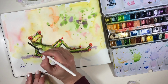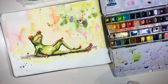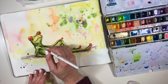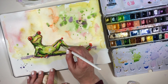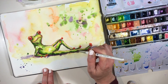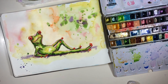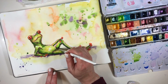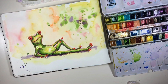And while I was doing that, I then noticed that I could do with a bit more darkness against his back there, because watercolour does dry lighter, so that is something you often find that you want, you wish you had been a bit bolder in the first instance. And normally I do everything in one sitting, but because I went back in with the pen, I couldn't resist adding in a little bit more depth of colour in some of these areas. Also, he was just making me so happy because he's, you know, such a funny fellow